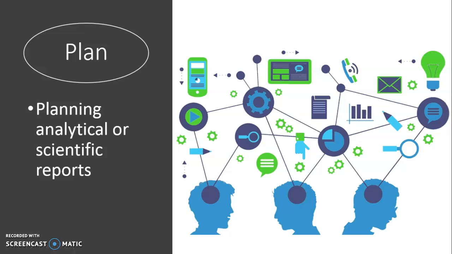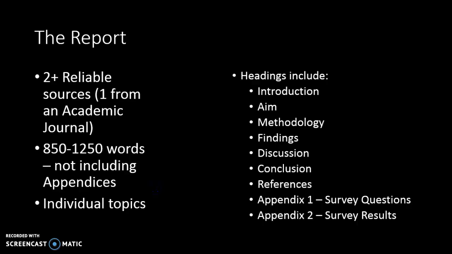So essentially this is planning for your analytical or scientific reports. By now you've chosen your topic, you've read your two sources, one academic journal and one with a graph, and in class or outside of class you've done your notes, your annotation, your summary writing, and answered the questionnaire about that. Okay, and you're preparing to write your report, which is going to be 850 to 1,250 words,